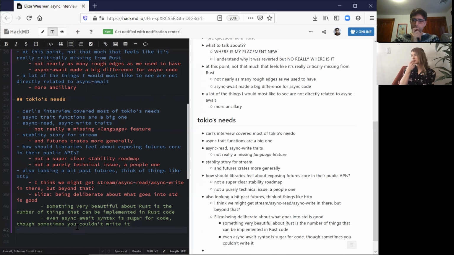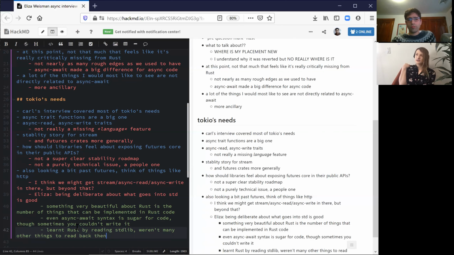When I was learning Rust, I did a lot of reading the standard library. Because I was learning Rust before the Rust book came out, before a lot of the right now I feel like we have a lot of good content for new users, but when I was starting out, that was less the case. And I found that the standard library was an excellent example of idiomatic Rust code, and it was well documented. And by looking at how things that felt magical, I learned a lot from reading standard hash map,